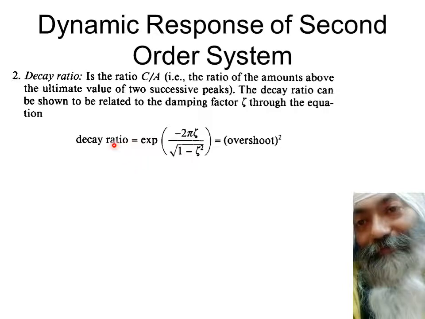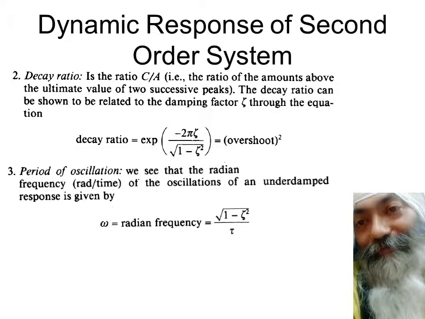So what do we find? Normally people say that I want a good decay ratio but I don't want overshoot. That is not possible. If you want a good decay ratio, then the overshoot will also increase. If you want a bad decay ratio, as you may call it, then these are related terms. So we have to make a compromise somewhere over there. Decay ratio and overshoot are related. You improve the decay ratio, and the overshoot also changes accordingly.